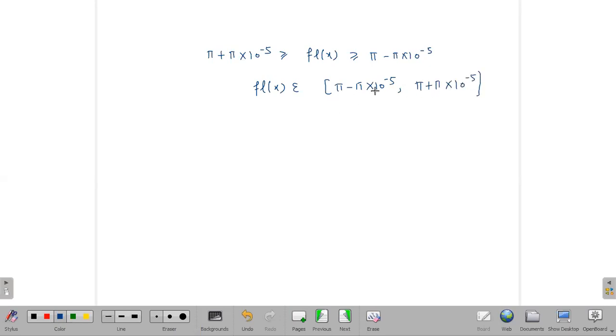So now you solve this by putting the exact value of pi, then you will get the interval for FL of x. So FL of x belongs to, so can you find pi means if I put this number 3.14